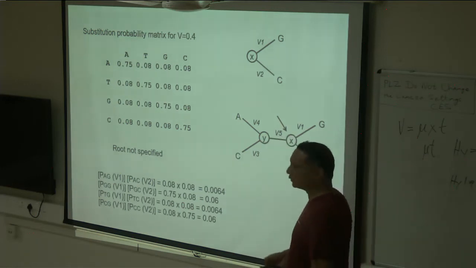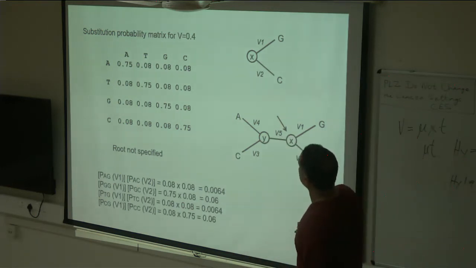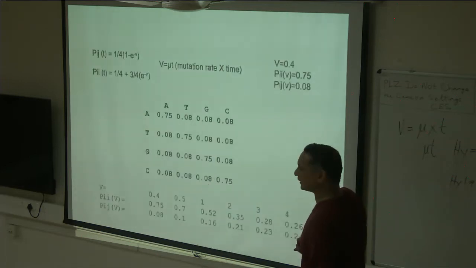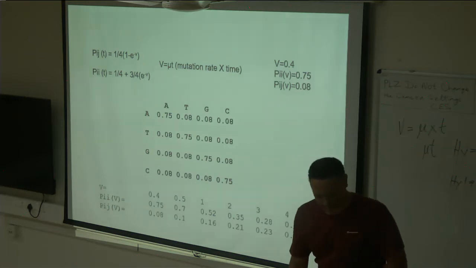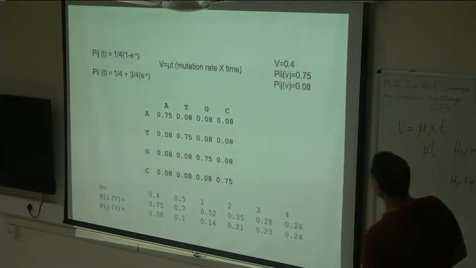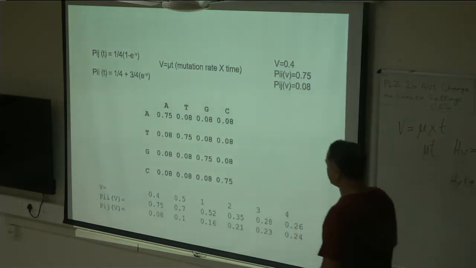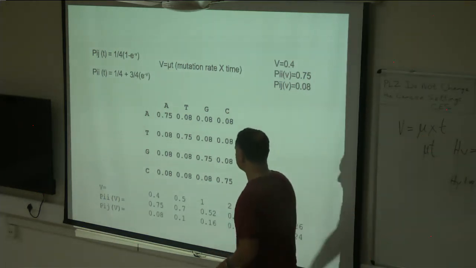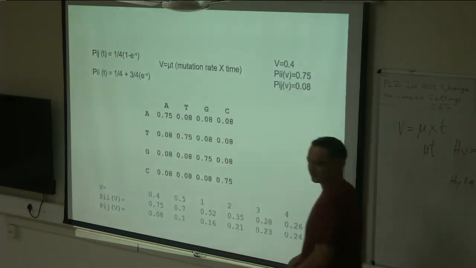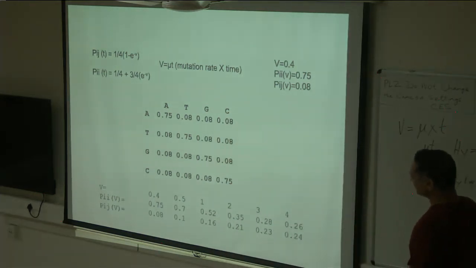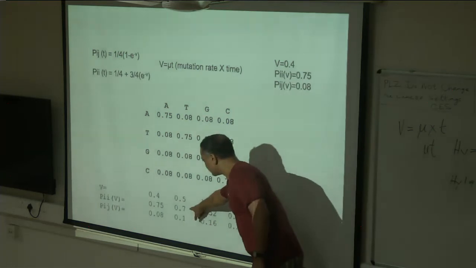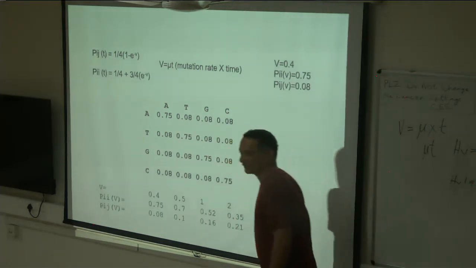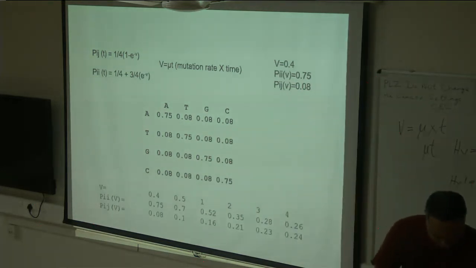But let's just quickly do one thing. I want to make sure you guys get the hang of it. So, let's have a very simple tree, and let's say branch length of 0.5. If branch length is 0.5, PII is 0.7, PIJ, probability of change, is 0.1. And our simple tree...